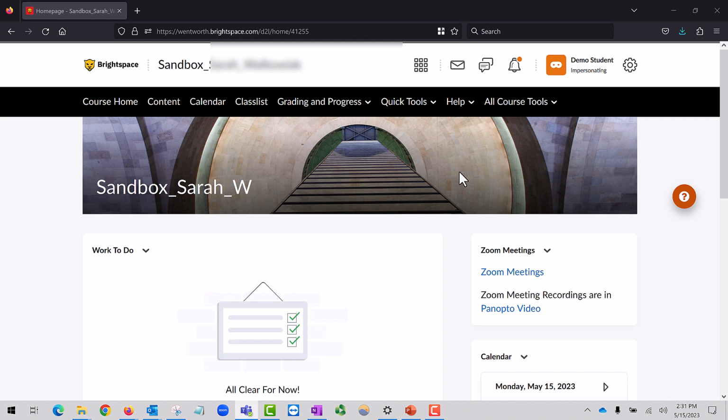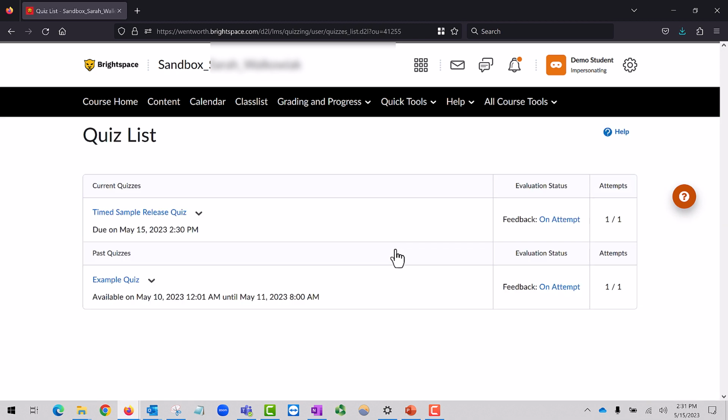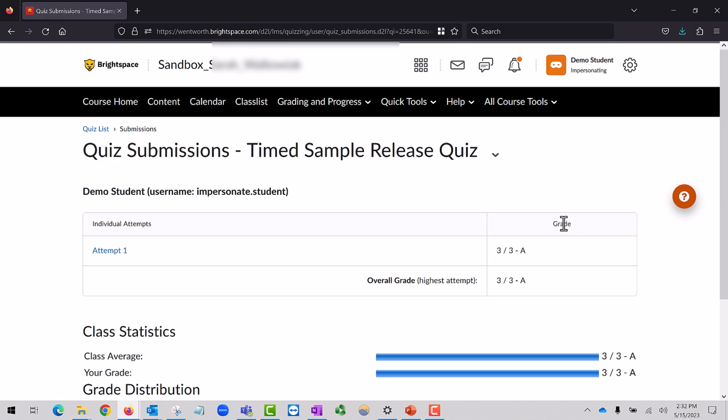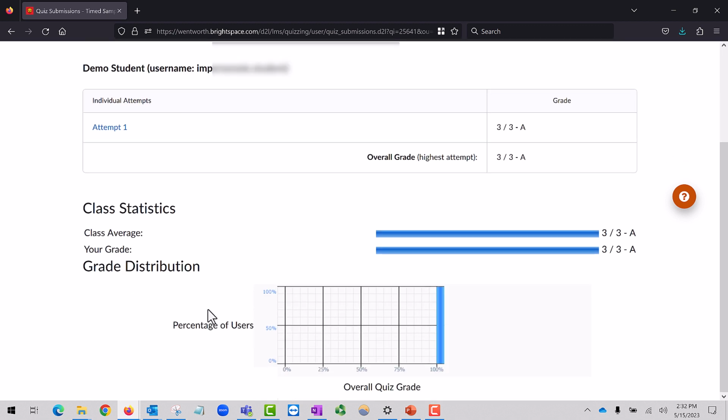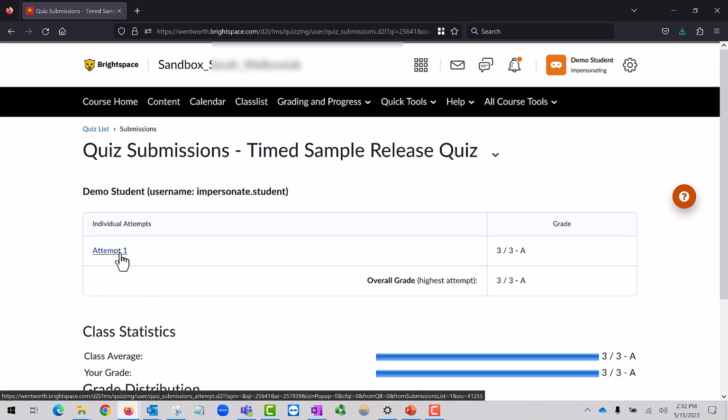Now let's return to the student view after the due date has passed. When the student returns to the course after the date specified, they will go into the Quick Tools and Quizzes area. Now the student will have a link that says On Attempt. The student will click that link, and then their attempt, in this case attempt 1, and here we see the class statistics and grade distribution if selected. Then clicking on attempt 1,